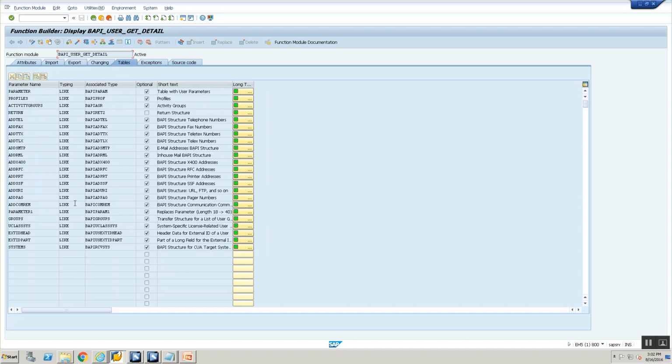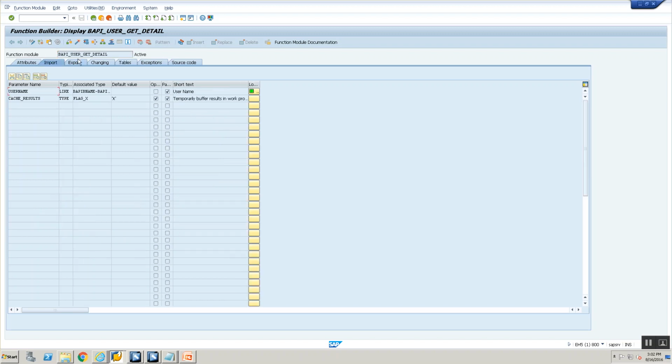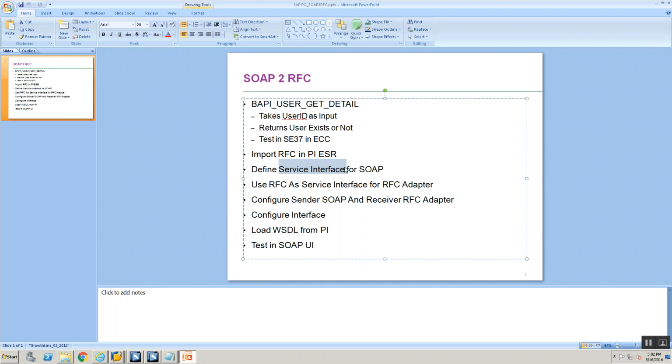So the idea is when we are exposing an RFC as a web service, I do not want to define any custom structure in PI. The requirement is whatever is the RFC's request becomes the request for the SOAP, and whatever is the RFC's response becomes the response for the SOAP. So that's why we do not define any custom data types and message type.